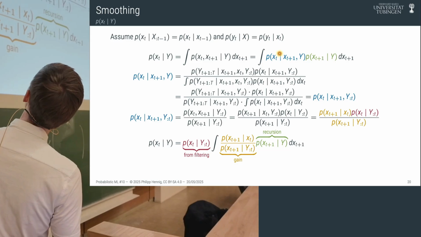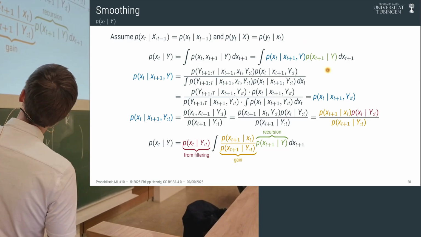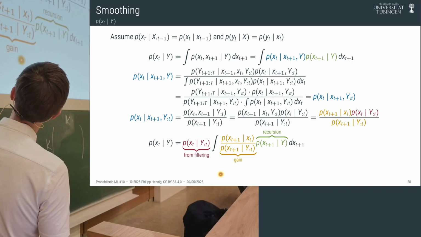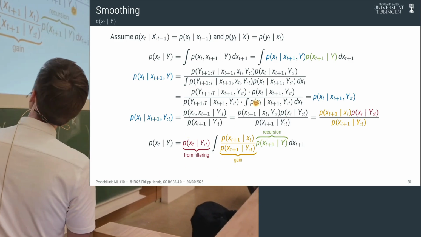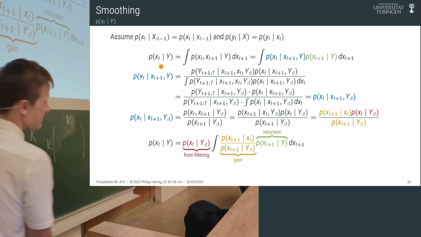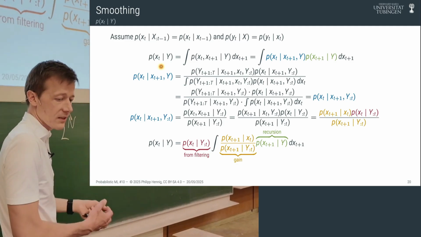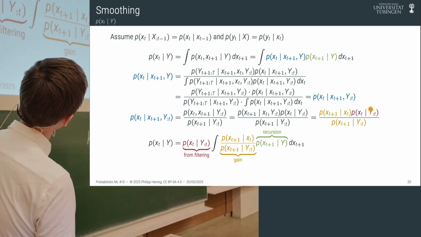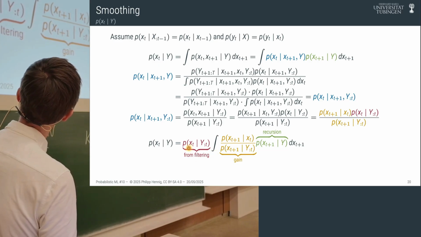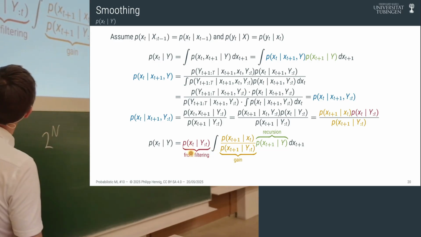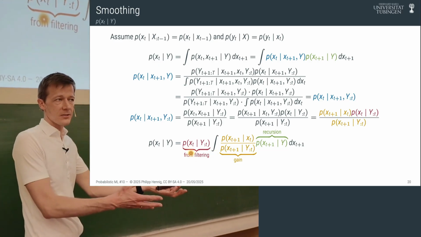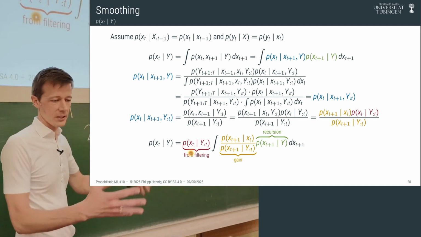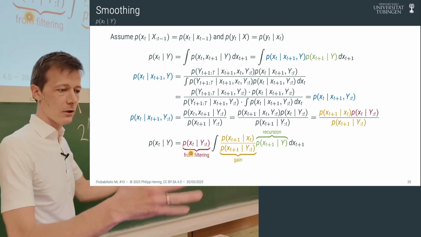So remember that we're talking about the blue term from up here, so we can reintroduce this blue term down here. And we'll find that this predictive distribution for the state at time t, given all the data, is equal to, first of all, this red thing here, which doesn't depend on xt plus 1, so we can take it outside of the integral, which is the filtering distribution. So that's a thing we already have from the previous slide. Great. So we can just keep it. That's something we already know how to deal with.